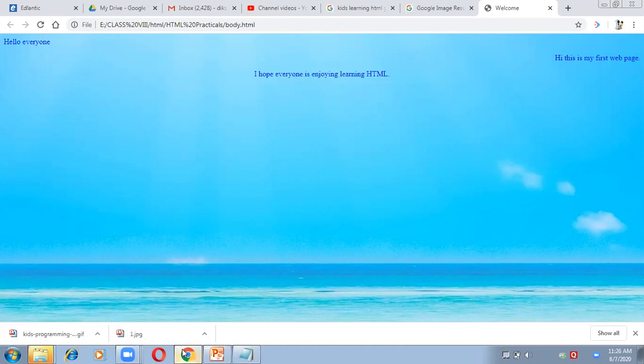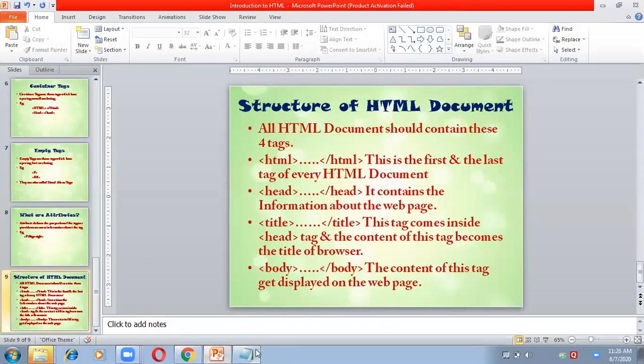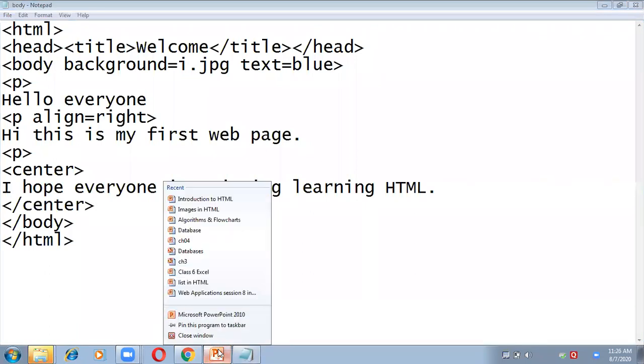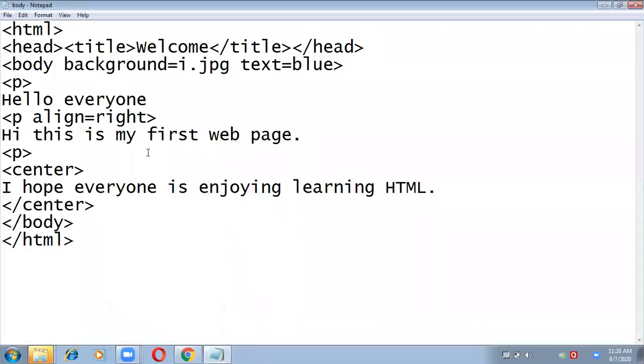Okay, now let us understand. Now if I'll use a single paragraph for all the three sentences, now see what will happen then.